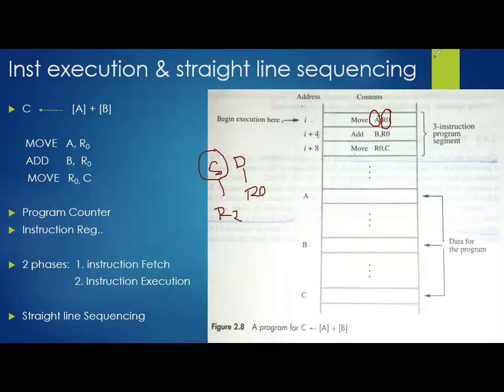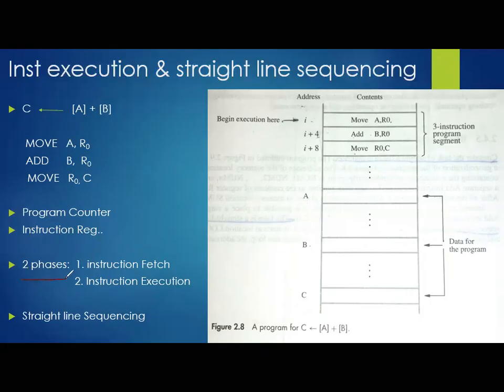That's it. So this we already discussed, how this instruction will be executed and all. We are just glancing now. Fine. So program counter will be pointing to the next instruction which should be executed. Then instruction register will be holding the operation which is mentioned in that particular instruction. Then how is your processor going to execute this particular instruction? That is the big question.